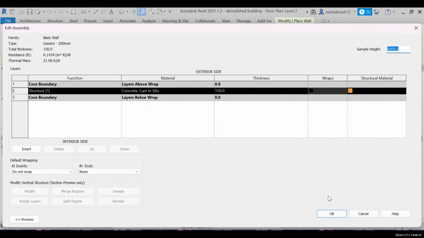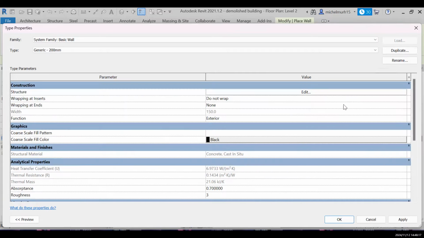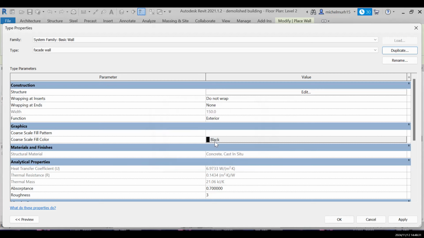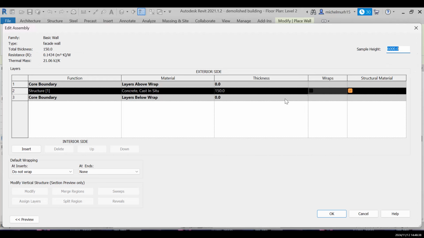Let me just go back first. Let me cancel here. I'm gonna duplicate this. I'm gonna change the name, and I'm just gonna say facade wall, and I'm gonna click on OK. All right, so the type is facade wall, and if I go on Edit Type here, you can see the